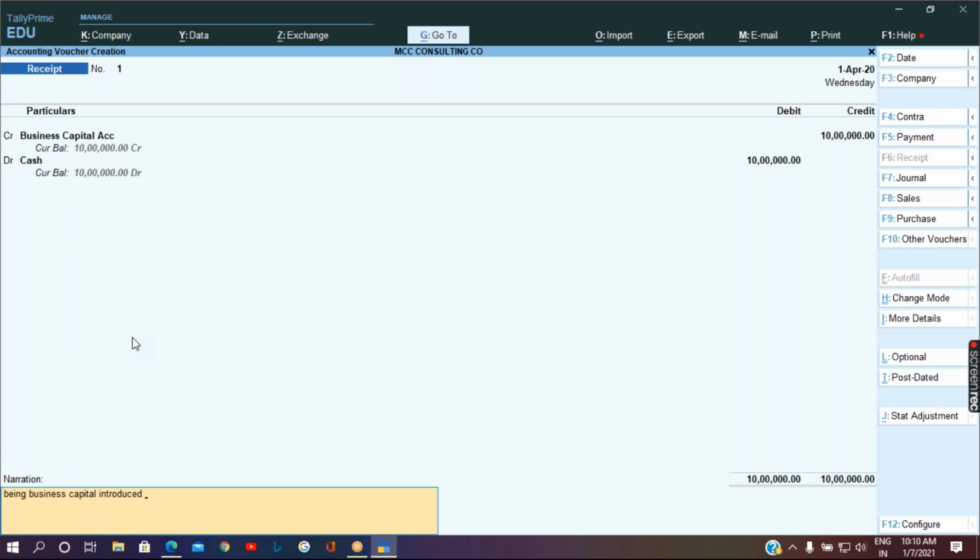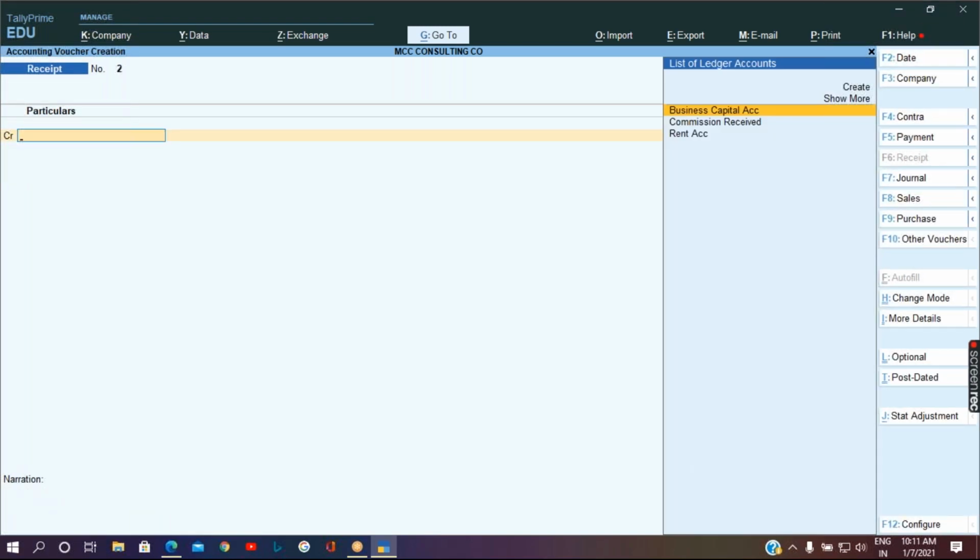Narration is helpful because after many days or periods, if you check the same transaction, you will come to know the purpose of passing it. So this is how we are supposed to pass the transaction.